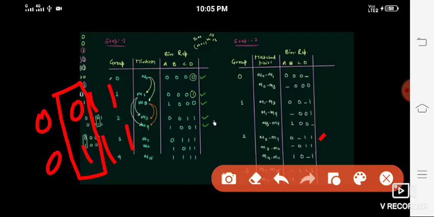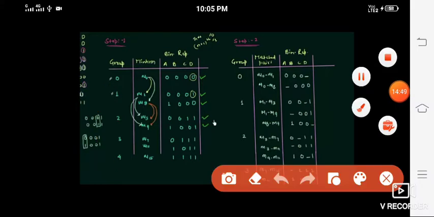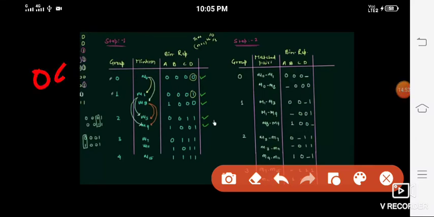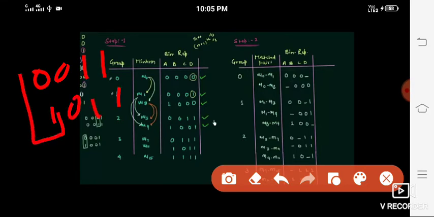In the same manner again we are comparing. M3 is the 0 0 1 1. Again M11 1 0 1 1. Here this one will be different. So underscore m3 m11 underscore, so it is also possible.